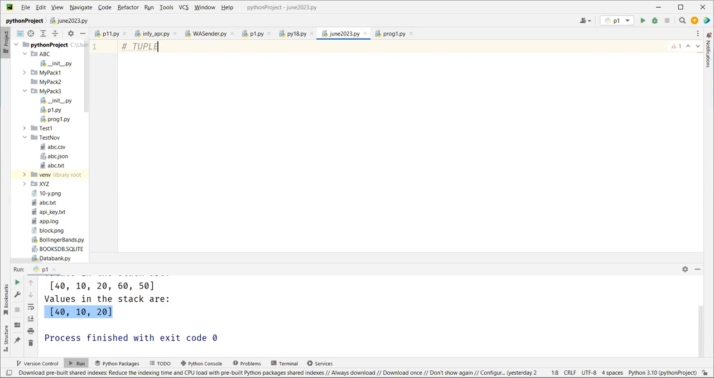It is also used to store multiple values. The difference is it is immutable. So as I said, immutable means you cannot change the value once you assign. You can delete and create it again, but you can't edit it. So what I mean by that is,